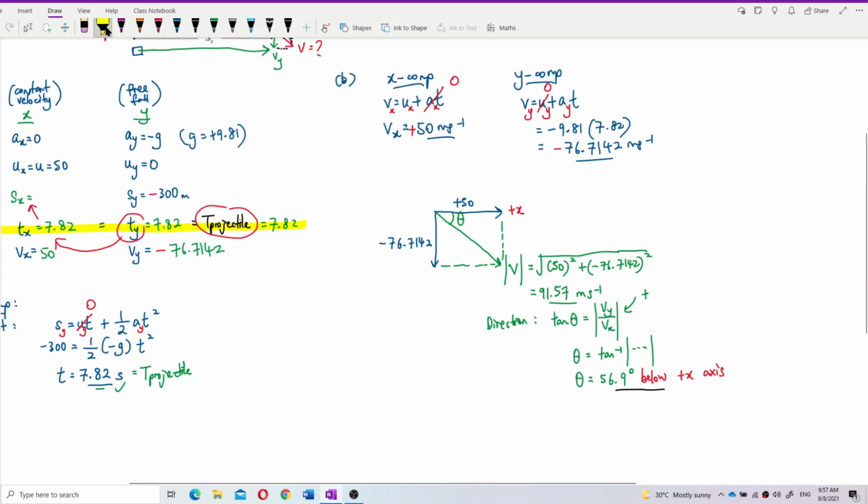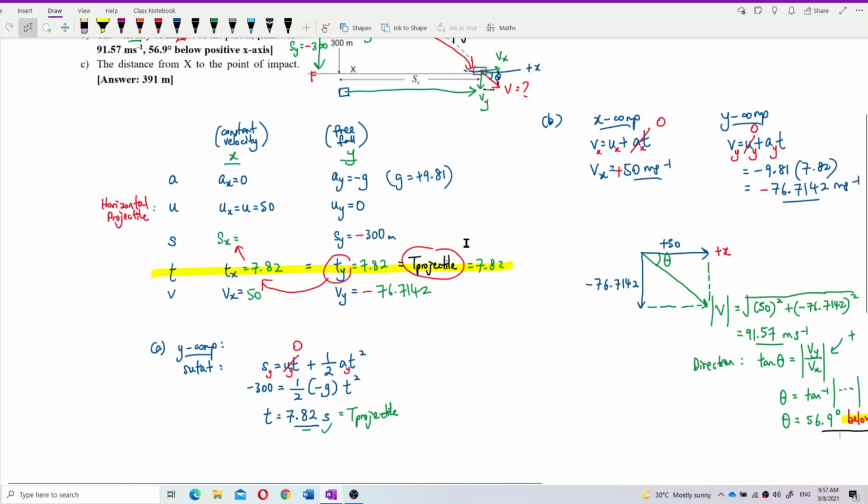Remember, you must write the things behind. Don't just give the degree. You must mention the words "below positive x-axis" to show which quadrant the vector is in. Okay, you must write this. If you don't write this, you will lose marks. Okay, now